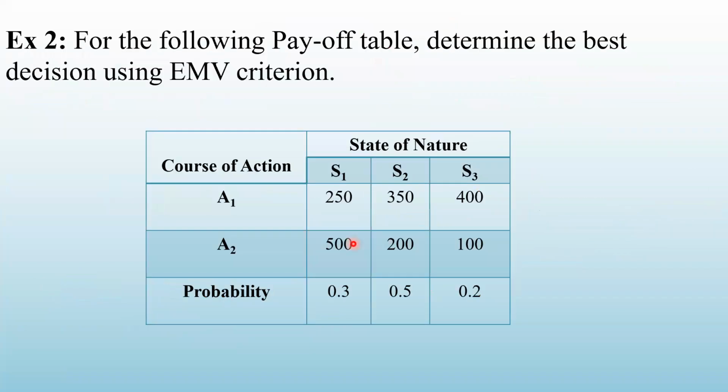Okay, let us take this matrix or this payoff table. Suppose I'm talking about a daily life situation. S1 का मतलब मेरे लिए है low demand. Suppose S1 I mean low demand. By S2 I mean the demand is medium, and for S3 I mean the demand is high. And these are the two courses of action available with me.